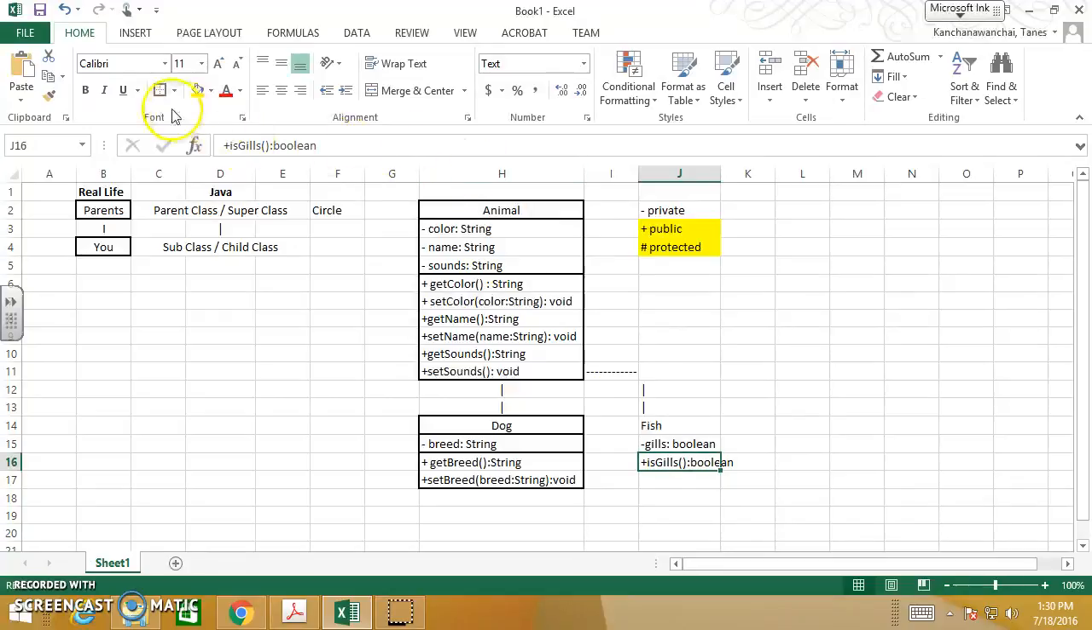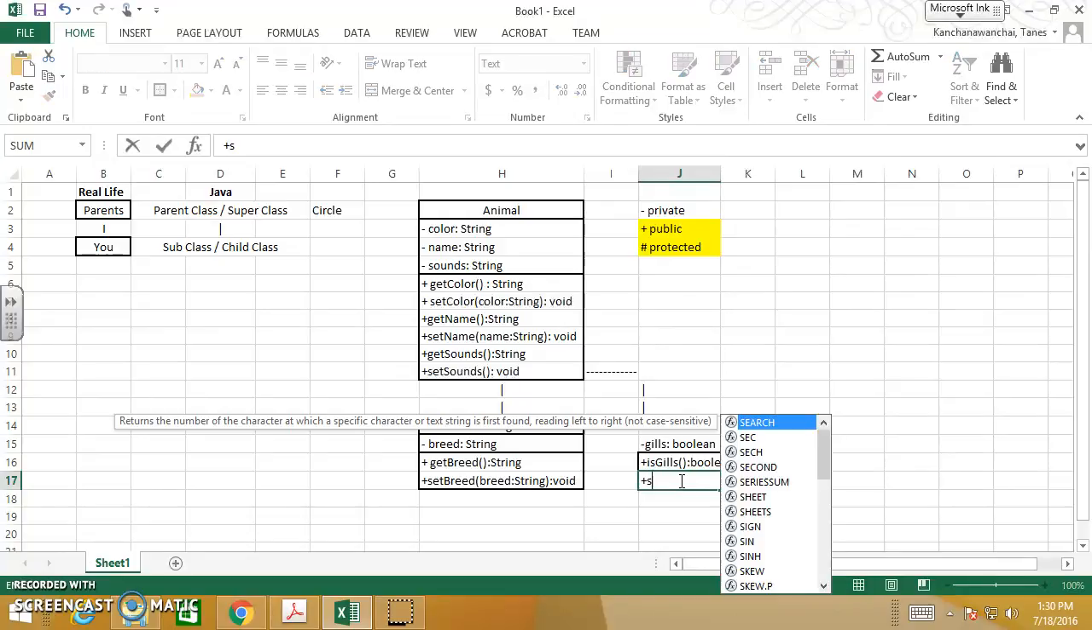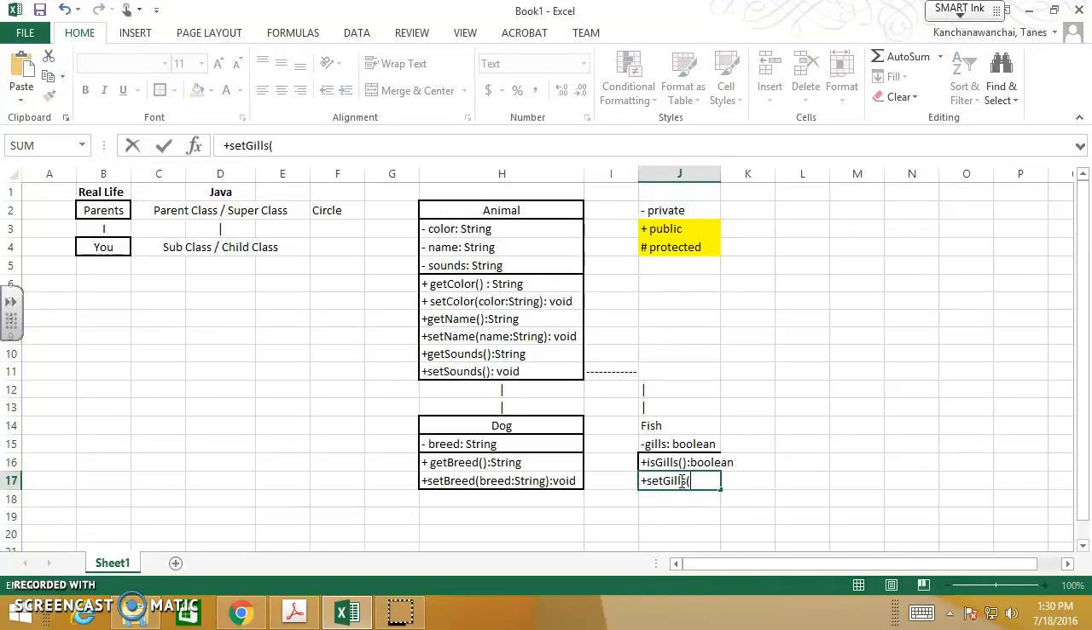And so this is the attribute. And this is set gills. So this is going to be set to true or false. Now you may see this is the benefit of using inheritance, right? In this case, you do not